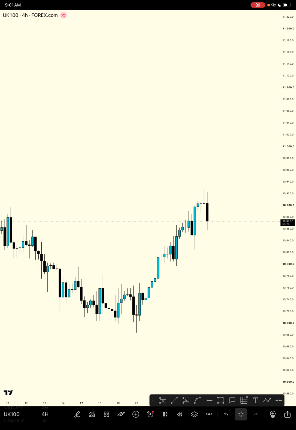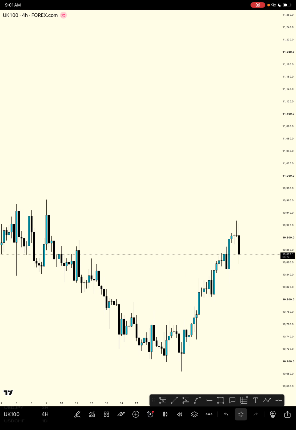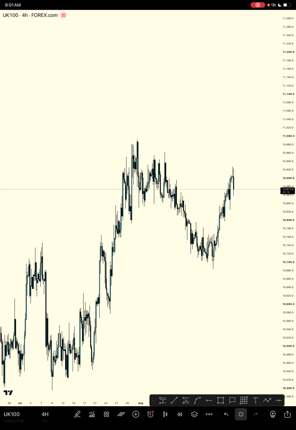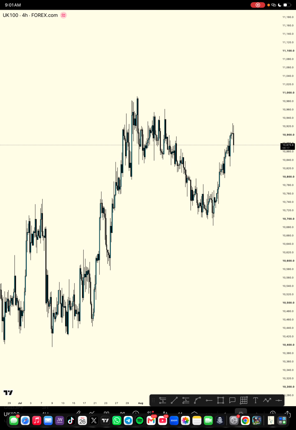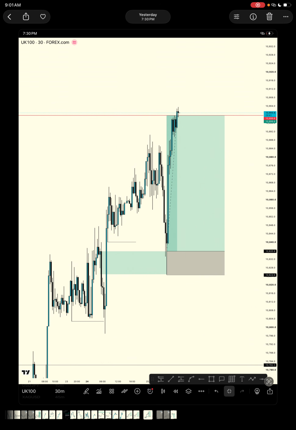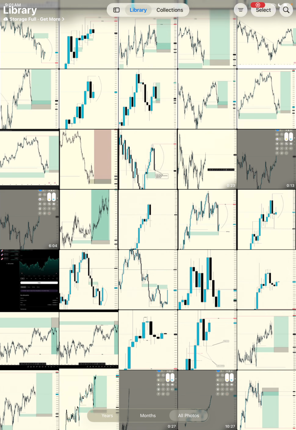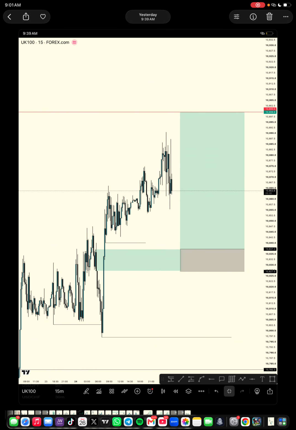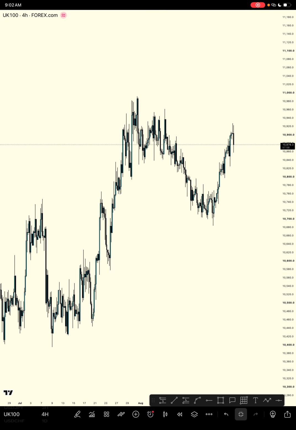Whatever part of the world you're watching from, this is Donna, and I'm here to drop a quick trade recap on the trade that I took here on UK100, which is this trade in particular. This is the full TP, and this is the before of the trade. So I'll be dropping a trade review on this particular pair. So first of all,